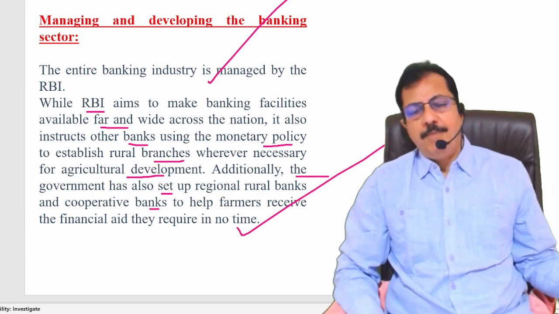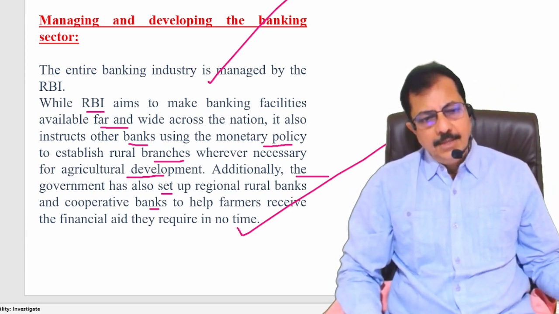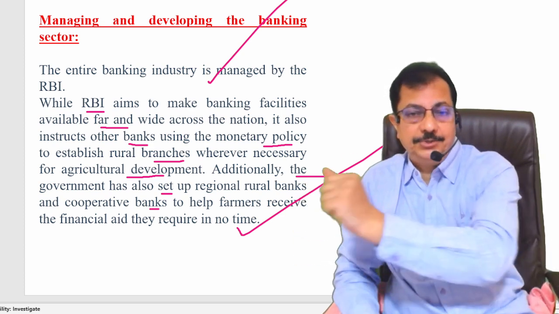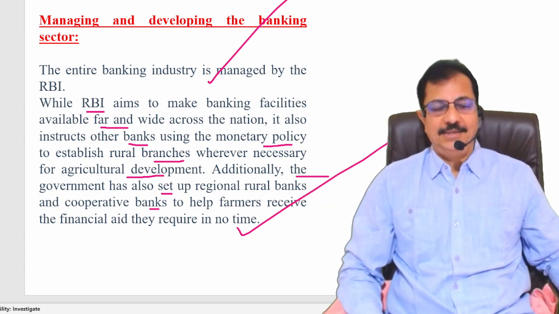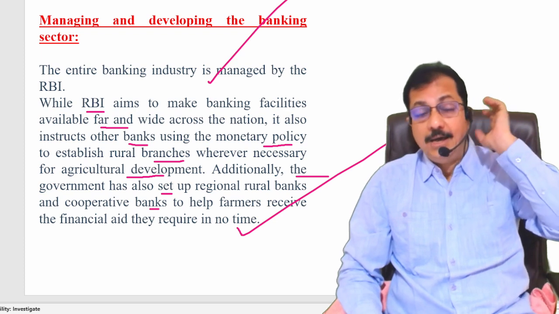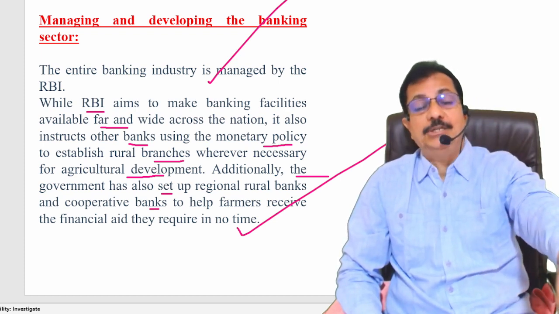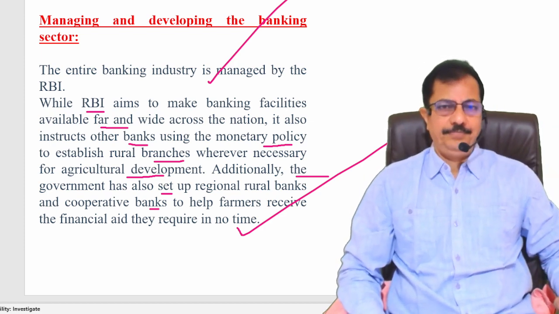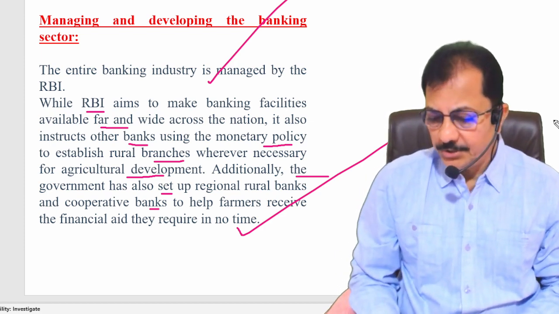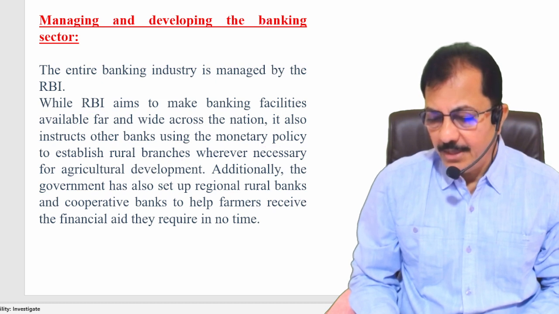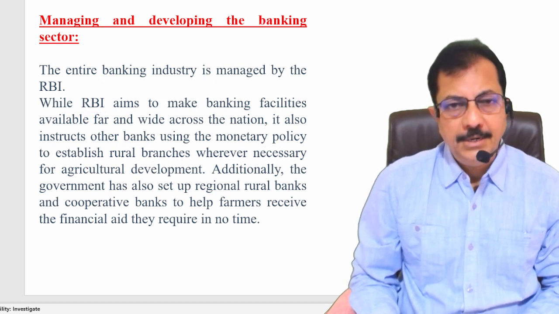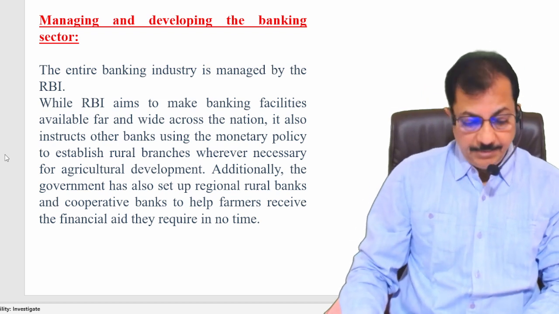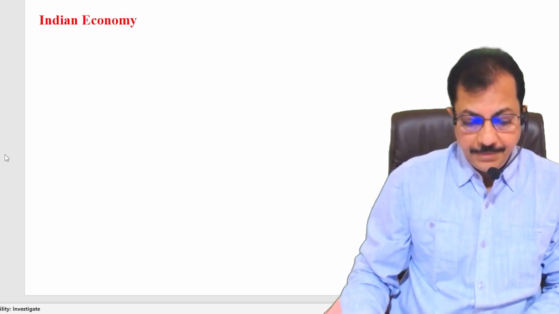So the government has established the RRBs, regional rural banks, in the rural areas, and accordingly the RBI is giving instructions to the banks with respect to providing loans for agriculture. Am I clear? So these are all being done because of the proper monetary policy by the monetary policy committee. Clear? Next,